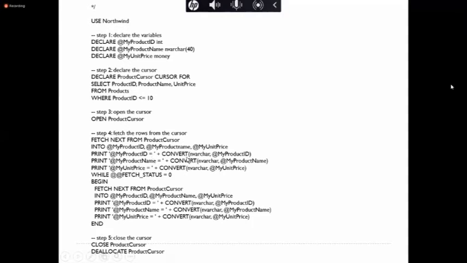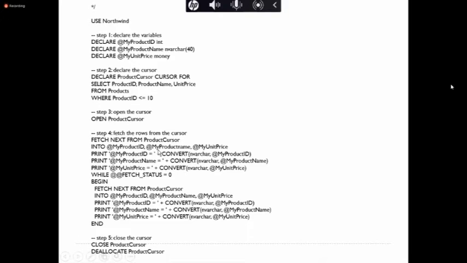To get the output, you use the print statement. Without the print statement, you only retrieve the data but don't get any display. Print the product ID, product name, unit price. Then check whether more rows are there.